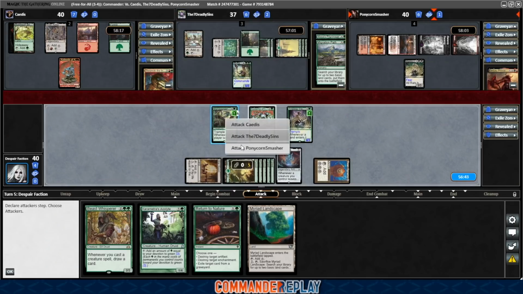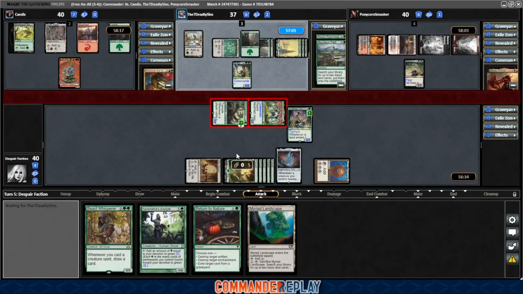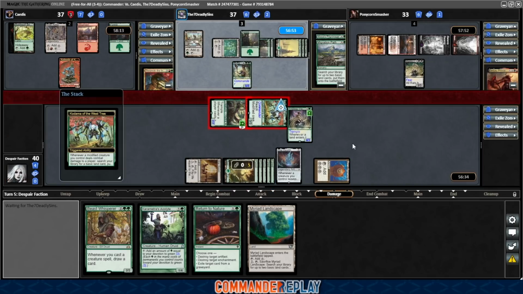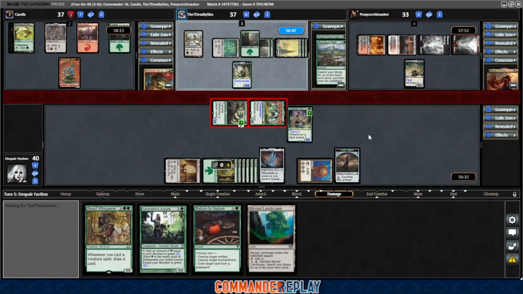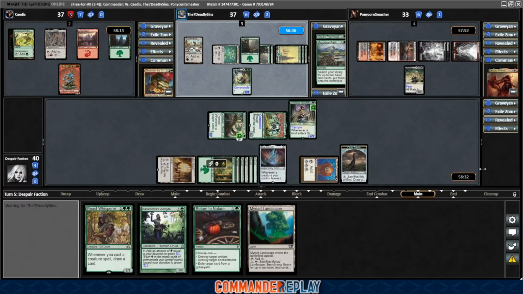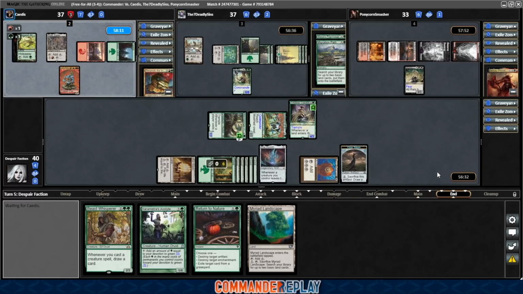Cadis has open mana. I don't feel like messing with that. We'll send the Kodama his way. I don't think he'll do much about that. Ponycorn takes a shot for 7. Cadis takes 3, and we get a Kodama trigger. There's a Tireless Tracker, and there's another clue. Fantastic. Getting some value. Now the goal is to just see how far we can go without a board wipe,